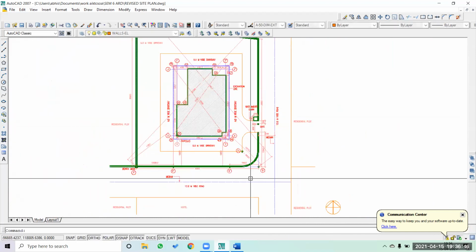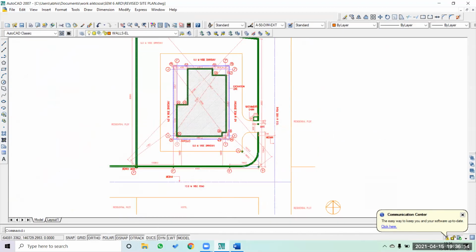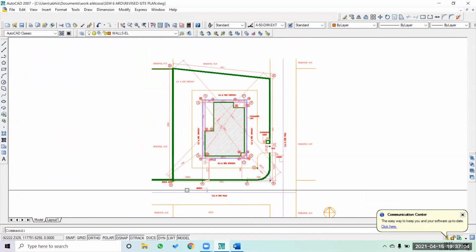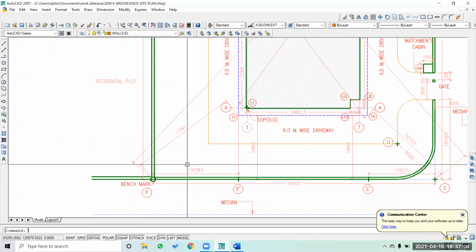Now as per the steps, we have to also mark the underground tank and its distance from the compound wall. Why underground tank? Because, again as I said, it's going to involve an excavation process. So preferably your underground tank will be somewhere closer to the municipal water supply line.